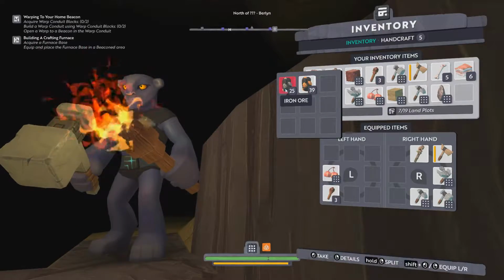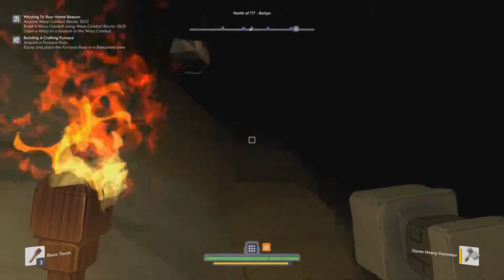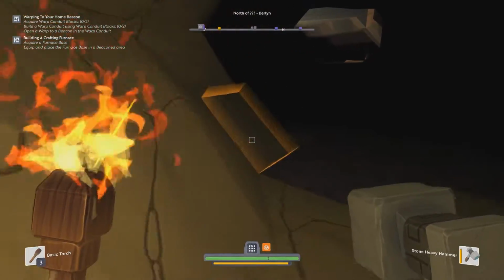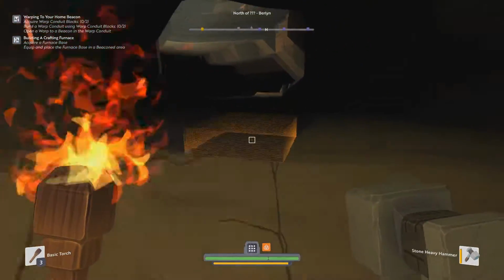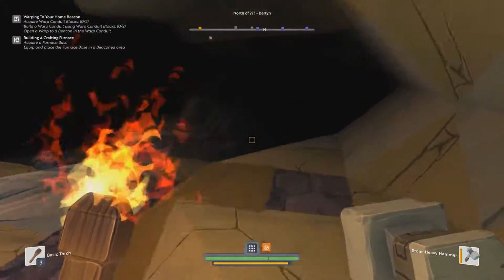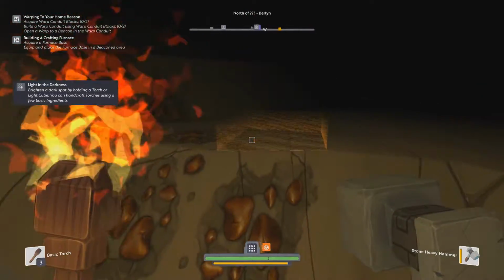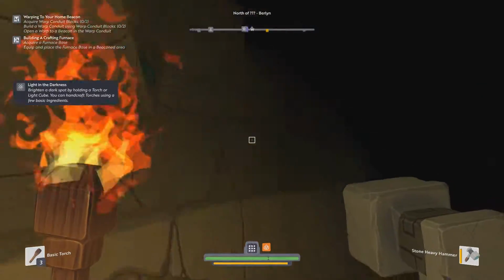Because, I mean, look at this. We already have 25 iron, 39 copper. I mean, we're gonna need tons of this stuff, but if we can go ahead and get an extractor, we can make a better torch, which will make cave diving a much more pleasant experience. These basic torches are pretty...